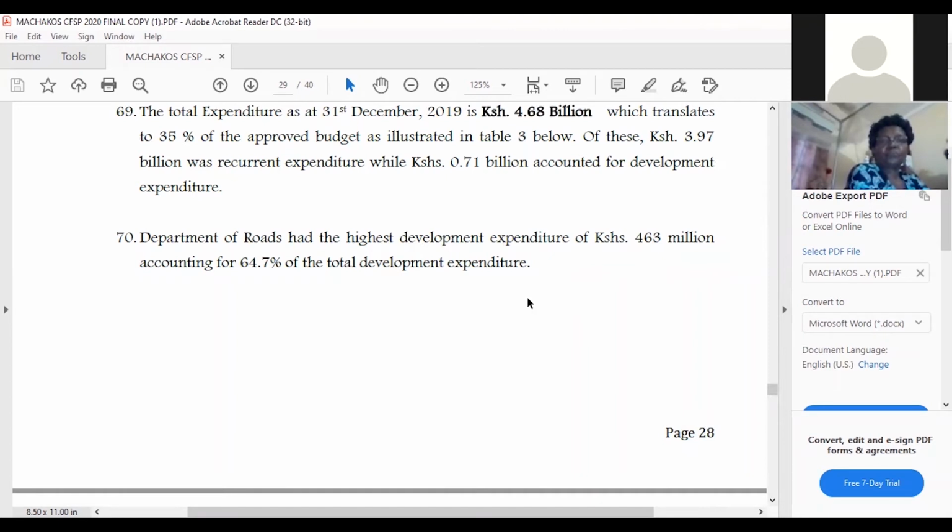Now, this also brings the issue of priorities. But the one for priorities we are going to discuss later. Why did the county prioritize roads as opposed to others? Sometimes you find that counties invest a lot in roads also because of political reasons. You know, people vote for things that they see. So even a mheshimiwa will advocate for a road because his constituents are going to say, yes, we have seen the mheshimiwa has done this and that. So it might increase people voting for them.